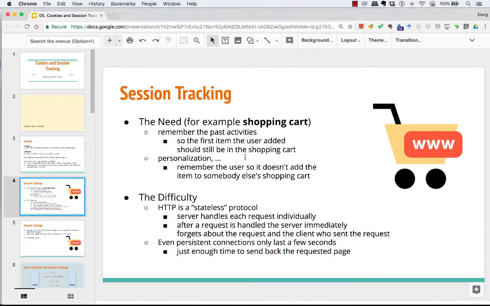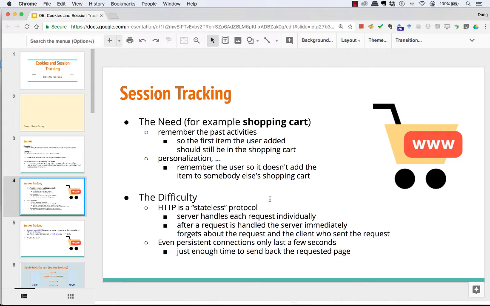The web application needs to remember the past activities. So the first item the user added to the shopping cart should still be there. And the web application also needs to remember the user so that it doesn't add the item to somebody else's